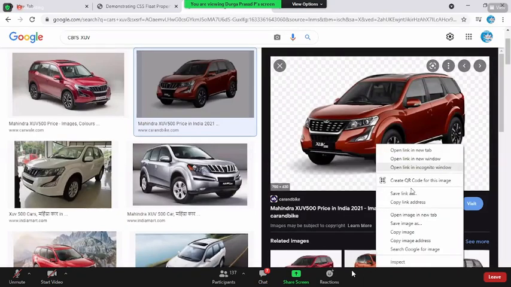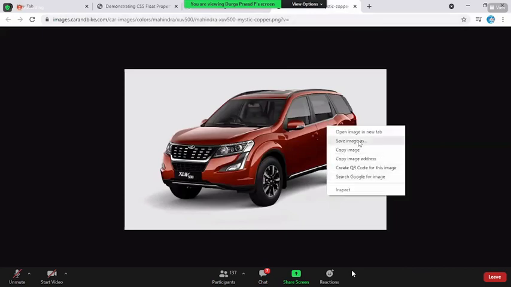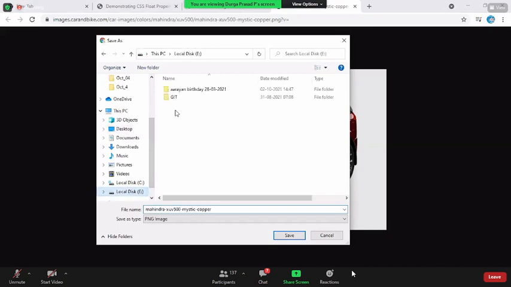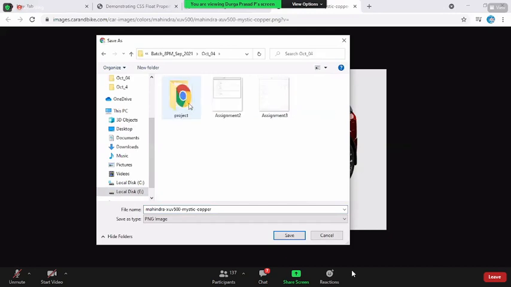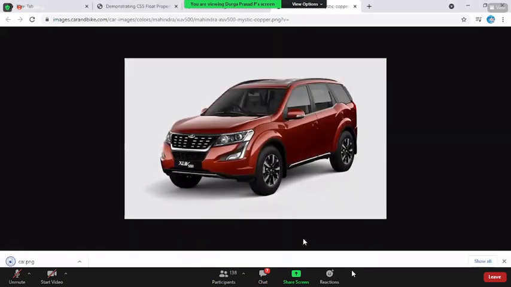Open image in new tab. Let me save this image. Go into the E drive, UI classes, 8 p.m., October 4th, project, new folder, images. I say car.png.